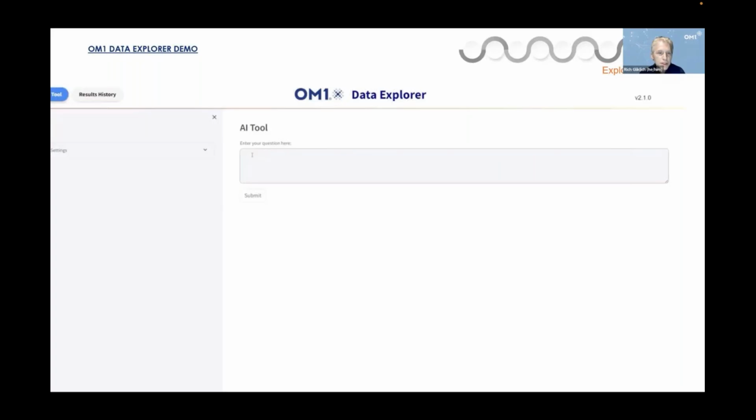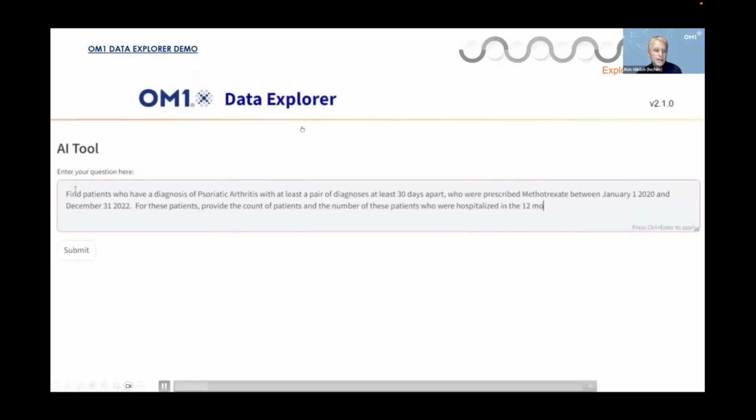But you have more business users or naive users or clinical users who would like to benefit from being able to explore the data that's being collected in a more chat-based interface. So that's what we've now developed, this OM1 Data Exploration tool, which allows the user to interact with the data that's been collected either for a specific research study or across all of our data set, 350 million people, straight through a chat interface.